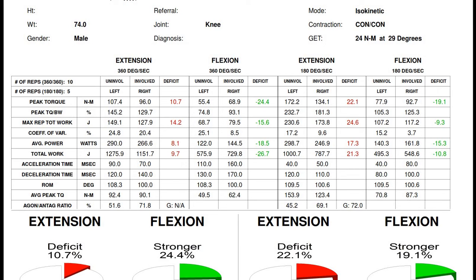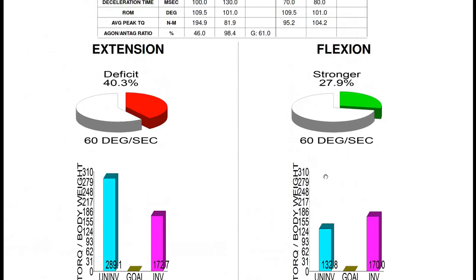Range of motion, so we had 108.3 and 100. Now this is going to very much be determined by the tester, the researcher who sets up the experiment, but then did the participant reach that range of motion throughout the test? So you'll notice here the range of motion was 108, let's say, and 100. Okay, fair enough. But here we have a slight difference. There's 109.5 and 100.6, and in the 60 degrees per second,